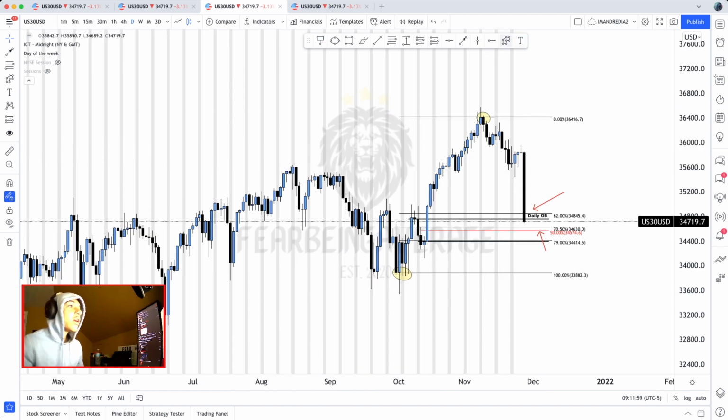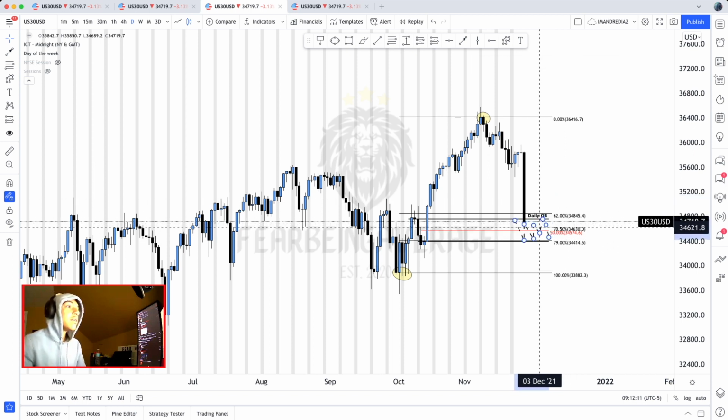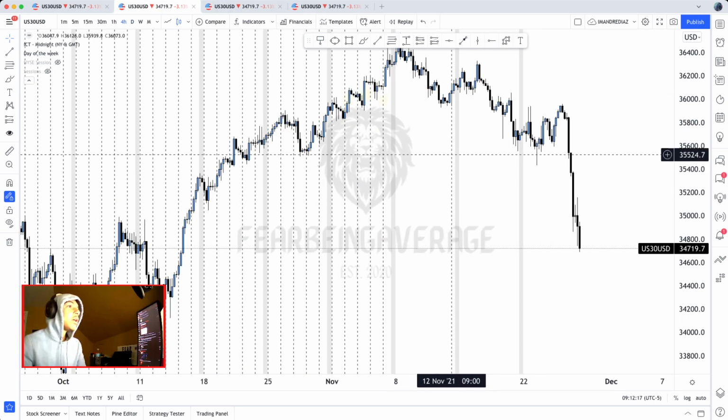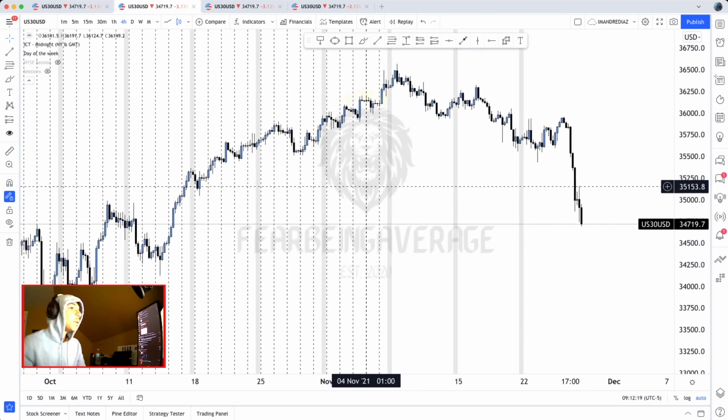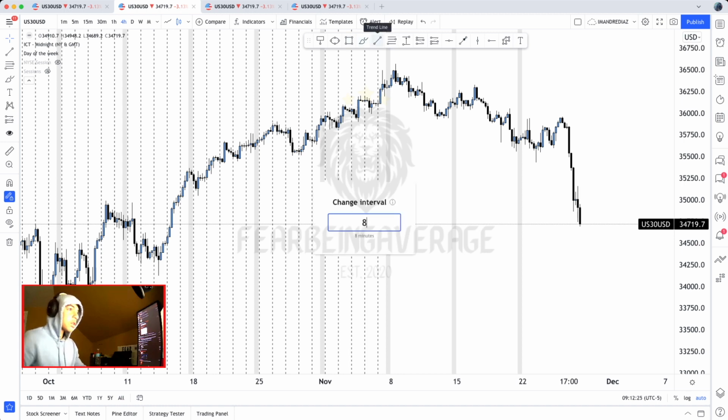So ideally right here, we could anticipate possible consolidation. Price isn't going to always be perfect. It's not going to move exactly to where you want to see it move. It always has consolidation before it does anything. And if you see that right now, price isn't consolidating, more than likely we will on the lower time frame, since it's a 4 hour, but I'm not going to do any markups on here because it's just kind of ugly right now. But the one thing I can do is if I go to the 8 hour time frame